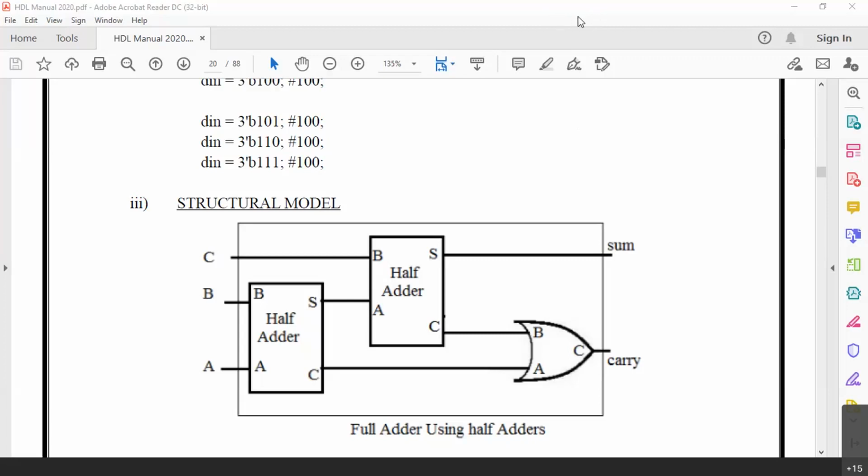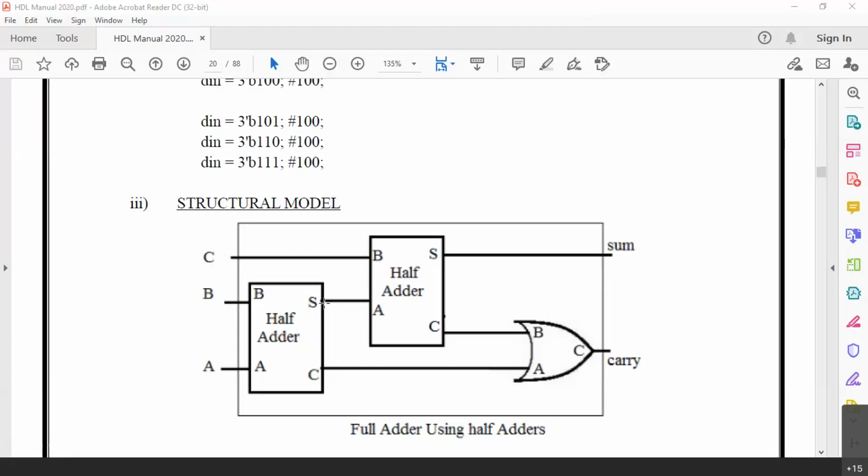You can see these three wires here, this one wire, this one wire, this one wire. These are the three internal wires, right? Now, this whole block of full adder contains three inputs and two outputs, A, B, C and sum, carry. But internally, we have connected three components. We can always declare C as input to this particular half adder, A and B as inputs to the second half adder.